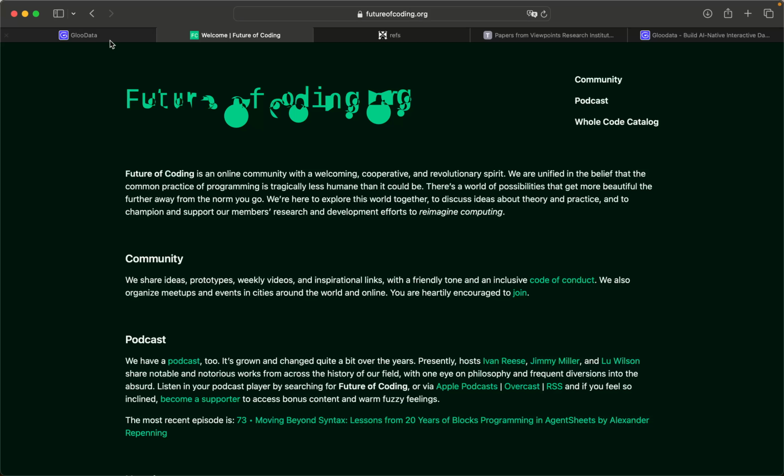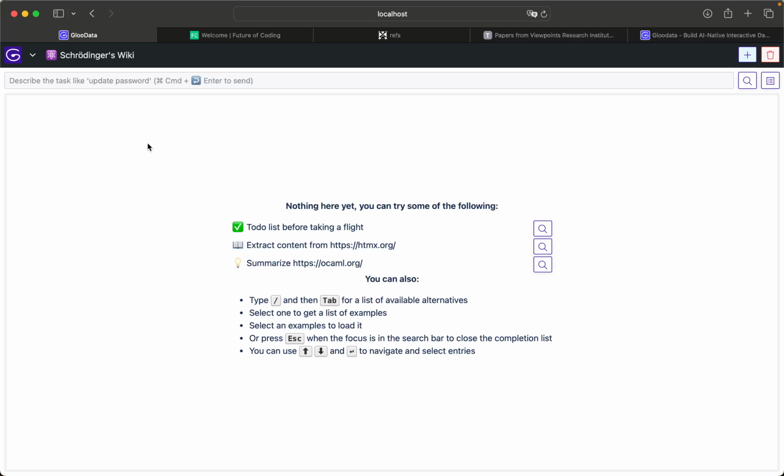So the idea is to create a wiki in which all pages potentially exist and collapse into existence the first time you visit them, but I want the pages to look like they were written by somebody in the community. So to do that, I